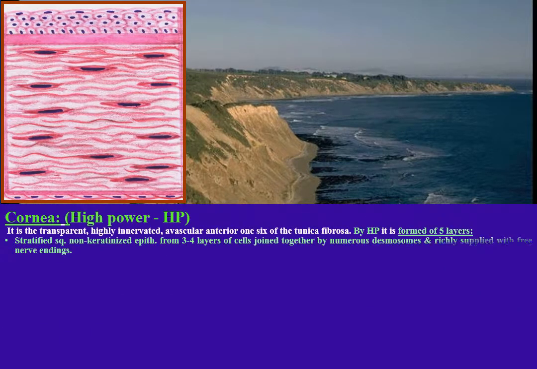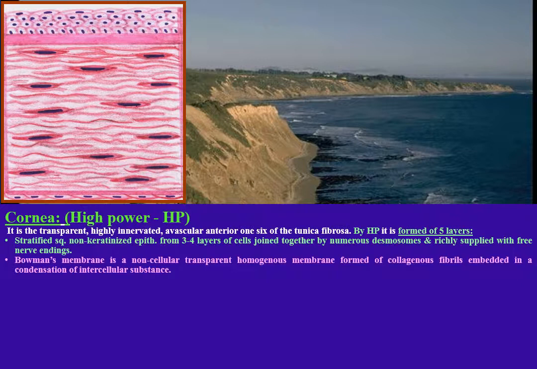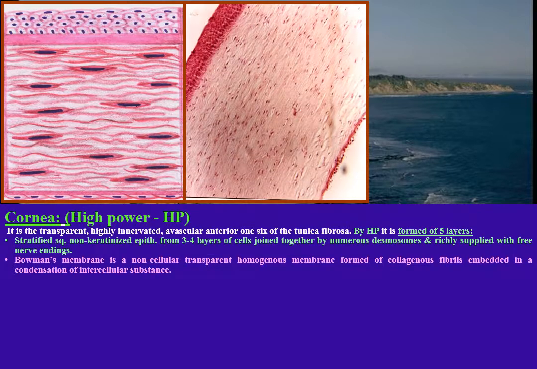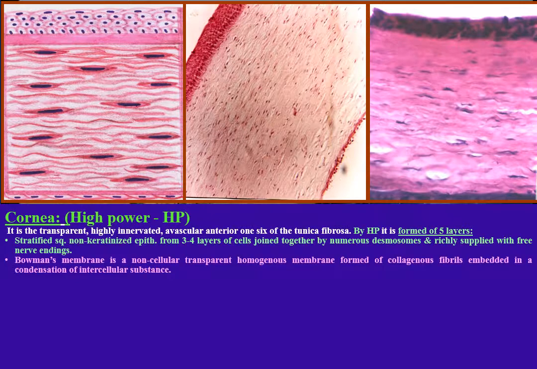Cornea is the transparent, highly innervated avascular anterior 1/6 of the tunica fibrosa. By high power, it is formed of 5 layers. Stratified squamous non-keratinized epithelium from 3 to 4 layers of cells joined together by numerous desmosomes and richly supplied with free nerve endings. Bowman's membrane is a non-cellular, transparent, homogeneous membrane formed of collagenous fibrils embedded in a condensation of